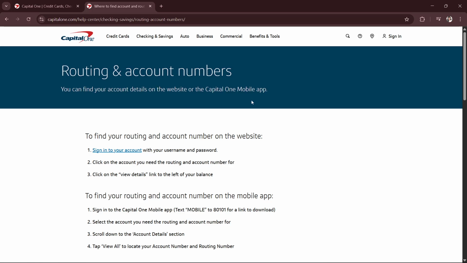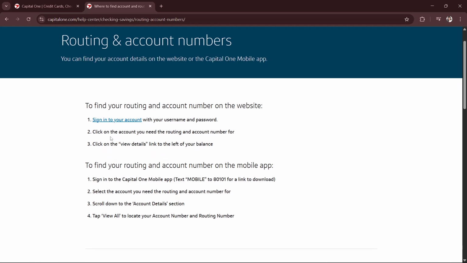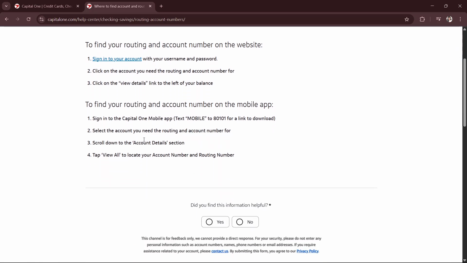So after that, what you will have to do is you will click on the account that you would need the routing and account number for, and then you will click on the view details link to the left of your balance. And how you can find your account number on the mobile app is of course after signing in